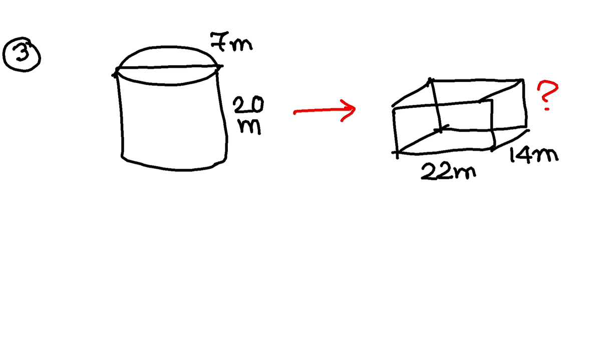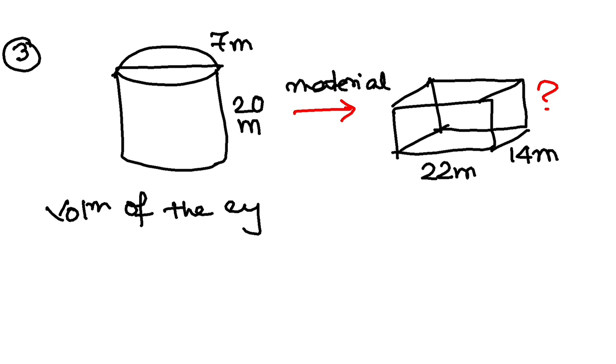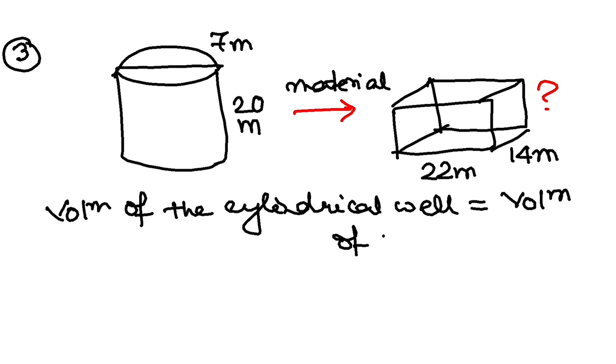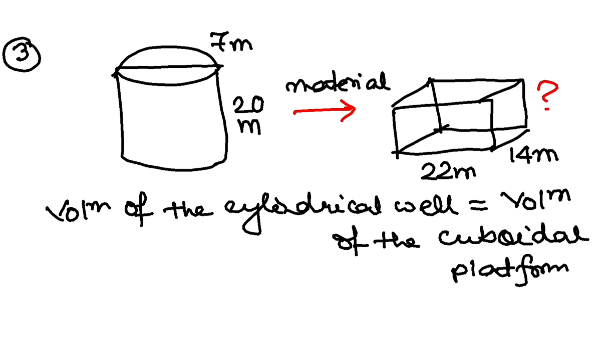So same concept, same material is being used. So we'll have the volume of the cylindrical well is equal to the volume of the cuboidal platform, isn't it? So for a cylinder it is pi